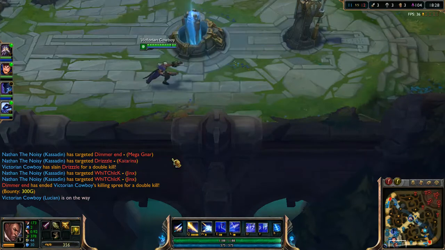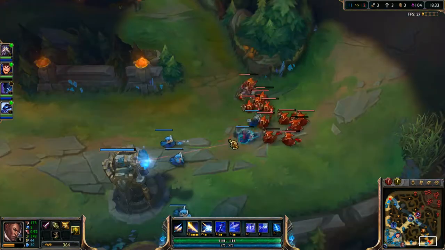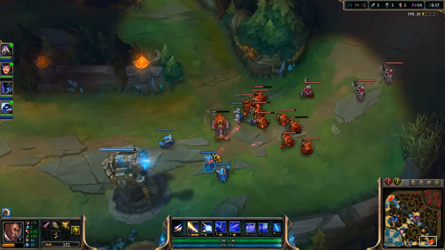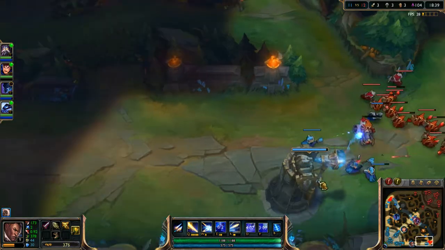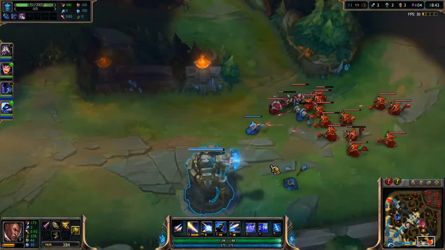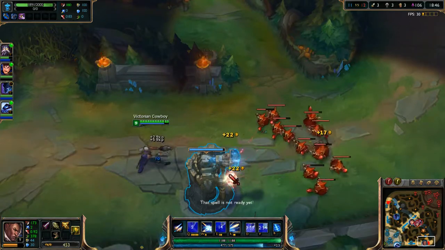Dragon also needs dealing with. We need to take the dragon. But hopefully I can get here before that wave. Oh yeah, because their lane's pushing. I mean, they've barely touched our tower at least. They took our mid tower, and top tower is going to fall because...